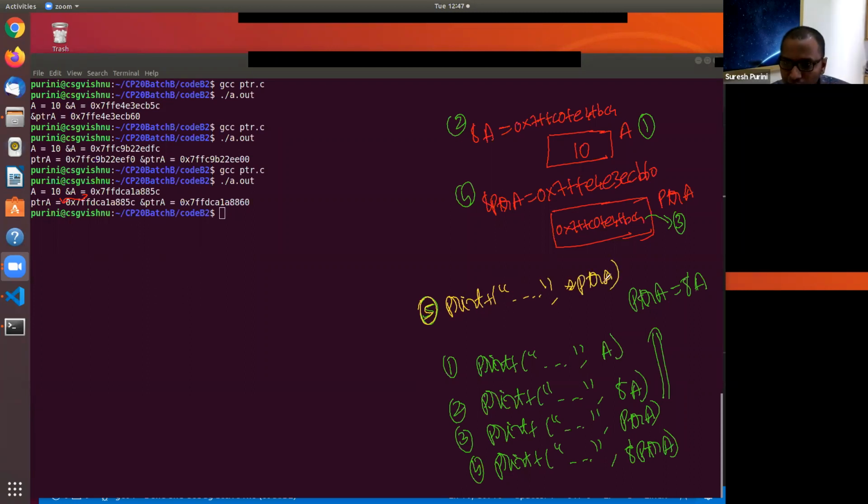This star is what is called the pointer dereferencing operator. So when we apply star to ptra, we look at the address that is present in ptra. It turns out to be the address of the variable A, and the contents of that particular location will be printed.